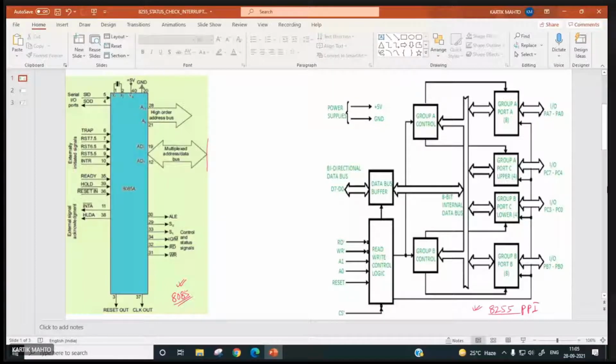In fact, these two address pins A0, A1 will be sent by the microprocessor 8085. That port address will be sent by the microprocessor. How will it send? It will send via AD0-AD7 and A8-A15, right?